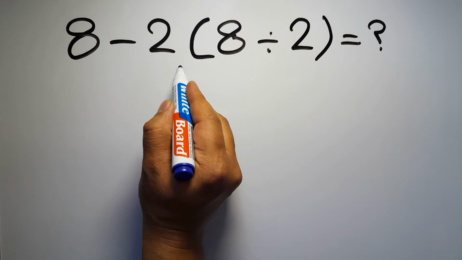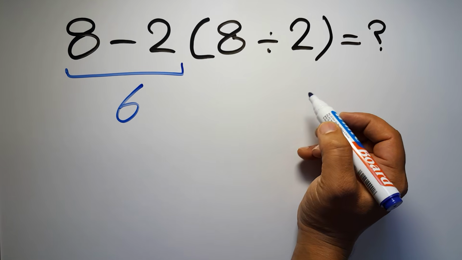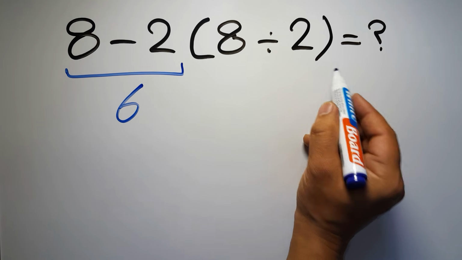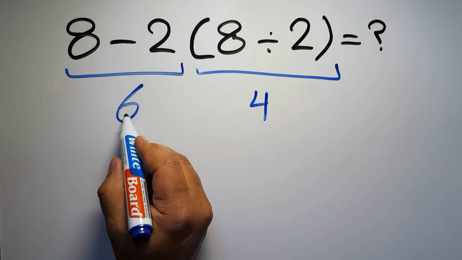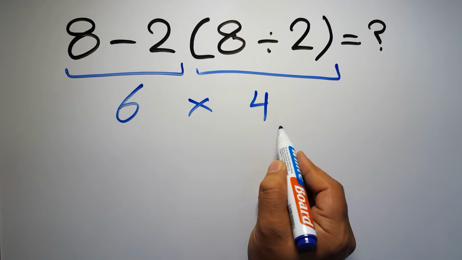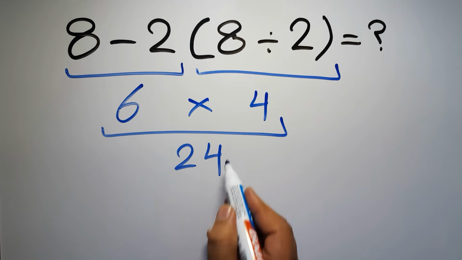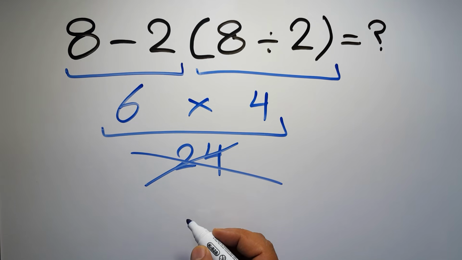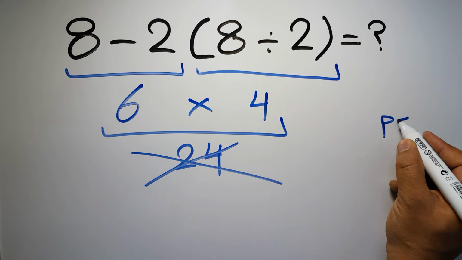8 minus 2 gives us 6. And inside this parentheses, we have 8 divided by 2, which equals 4. So 6 times 4 equals 24. But this answer is not correct, because according to the order of operations, first we have to do parentheses, then